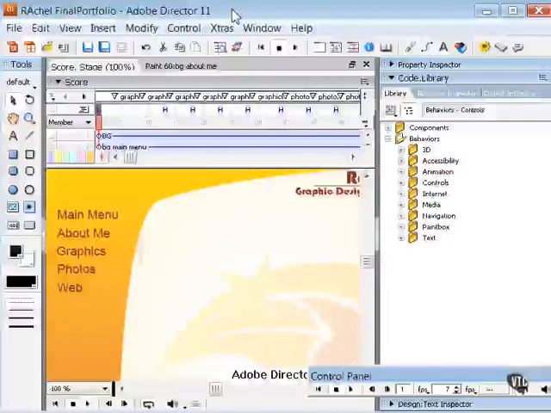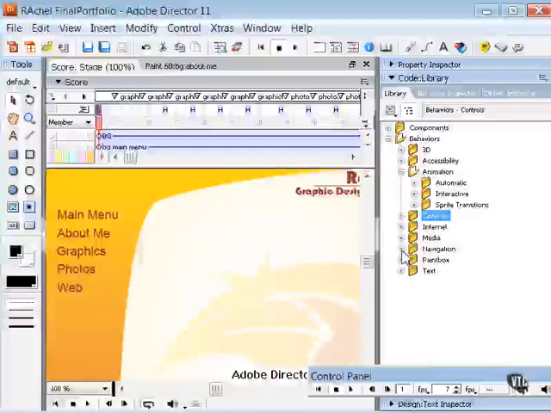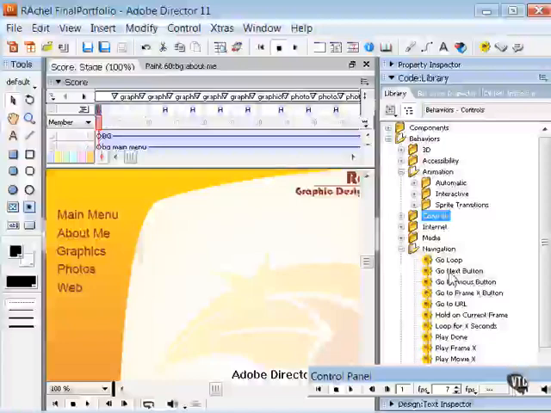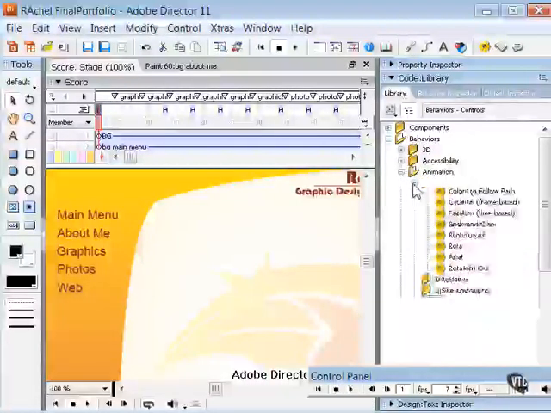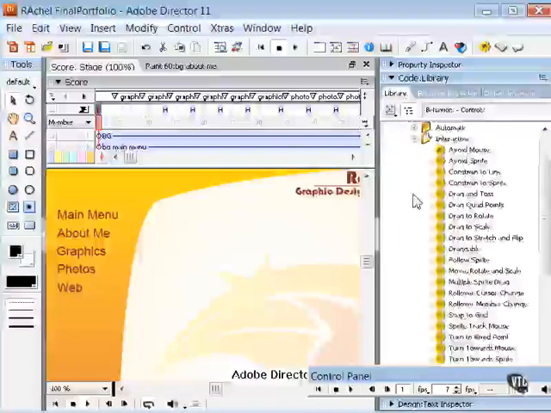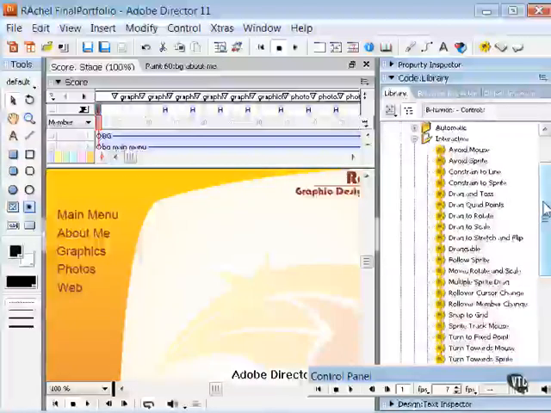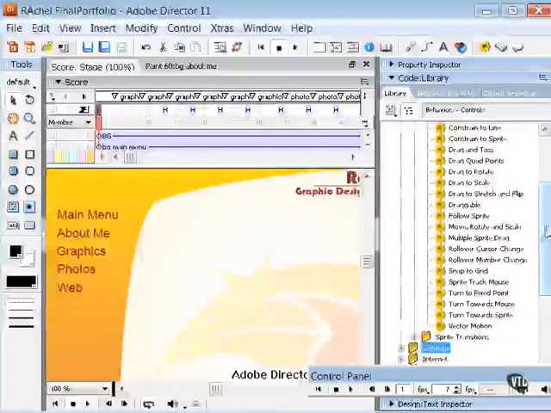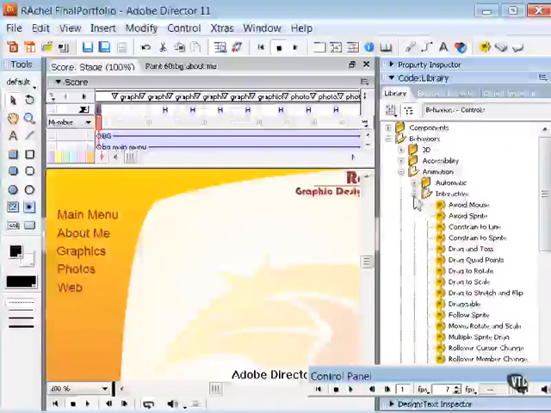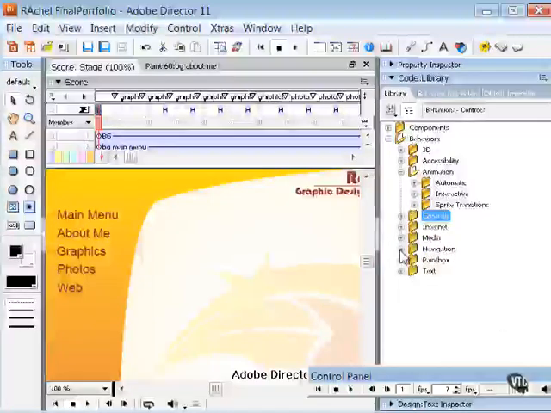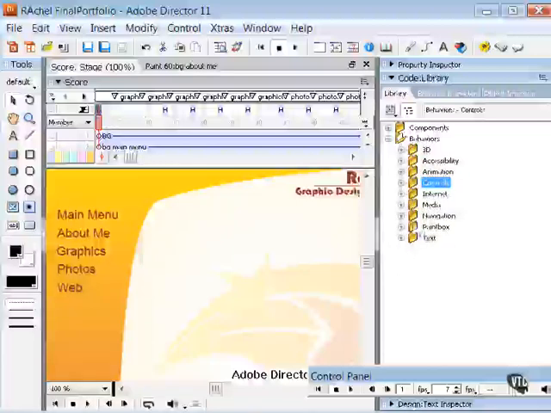In the previous movies, I demonstrated some of my favorite behaviors in the animation category, as well as the navigation category. I covered behaviors in the automatic animation subcategory, as well as the interactive animation subcategory. This is probably the most useful ones right here. I also demonstrated several behaviors in the navigation category, but there are other categories that I think you'll find some very useful behaviors, namely here in the controls